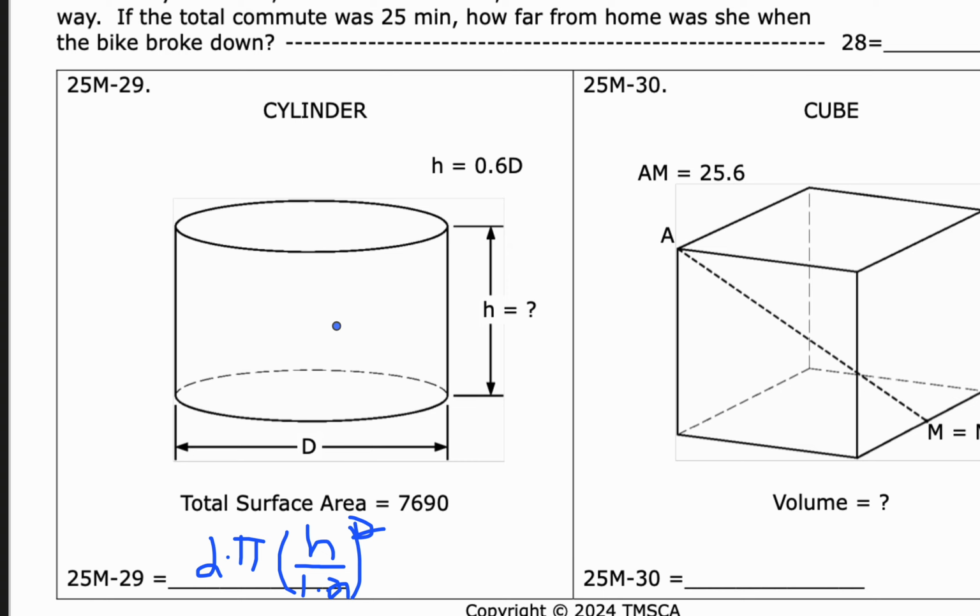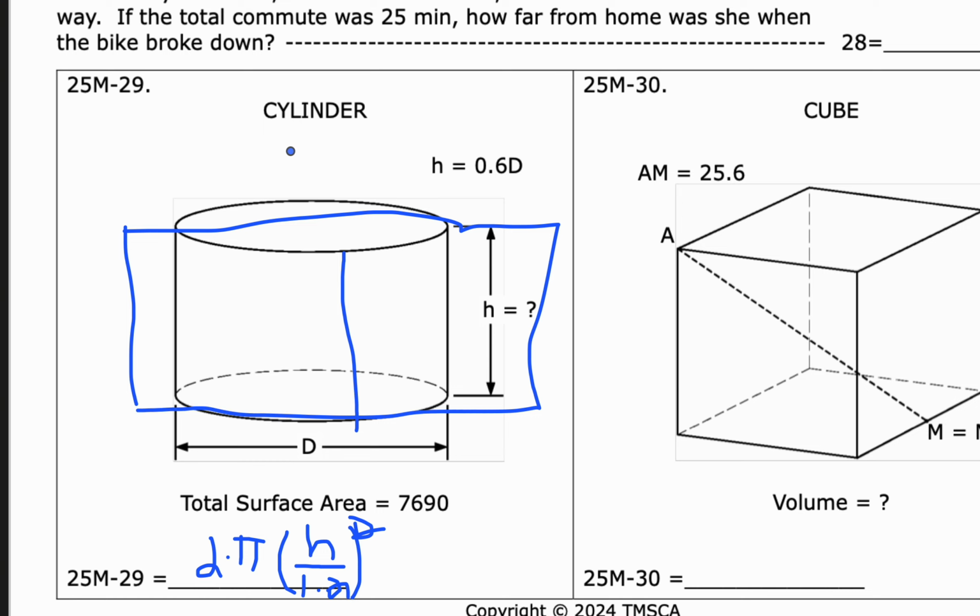And that's the two areas of the circles there. The next part is, how do we get this lateral surface area? If we consider a can here, and we were to cut that label and unravel the can, the label would actually be a rectangle. And that rectangle would have the same height as the cylinder,